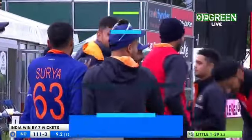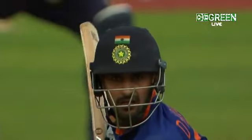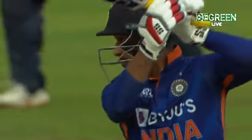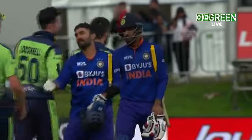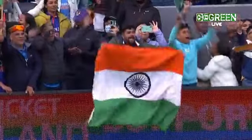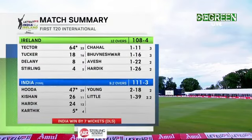Solid performance from India. They won the toss, won the game, and we look forward to a repeat on Tuesday, weather permitting. Yeah, nice way to finish. What will India have learned from today? Well, this was the perfect game for India as far as they're concerned, because they got off to a really good start when they were bowling, picked up 3 wickets early on, and then you had Yuzvendra Chahal come in and really tighten up towards the end of the innings. Thank you very much, Alan. And there's the match summary. Ireland asked to bat. They made 108 for 4. A different start. There were